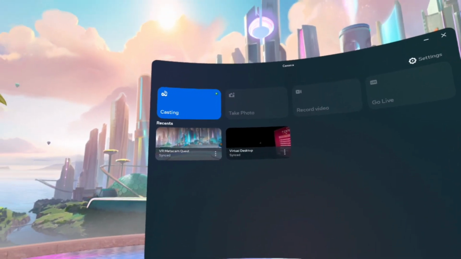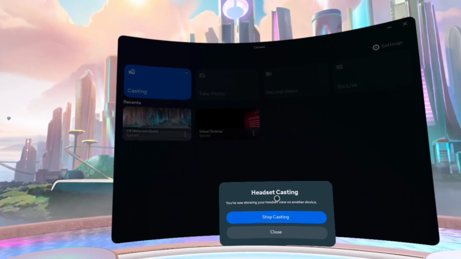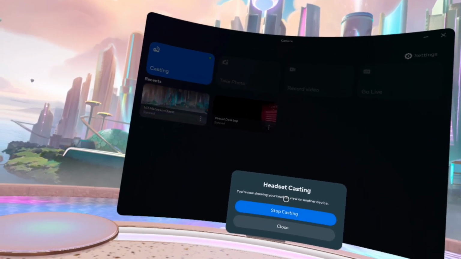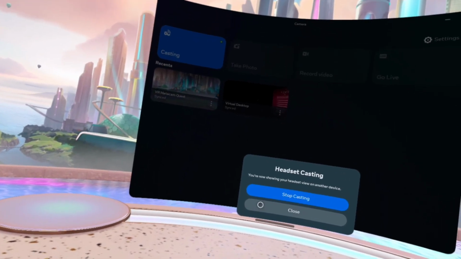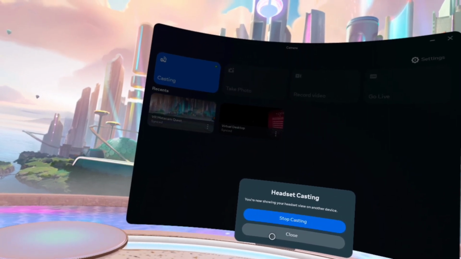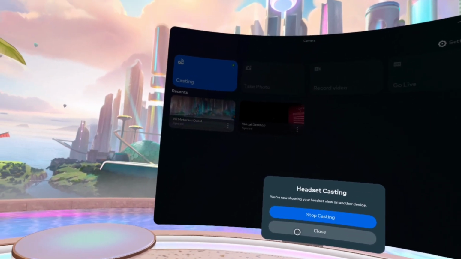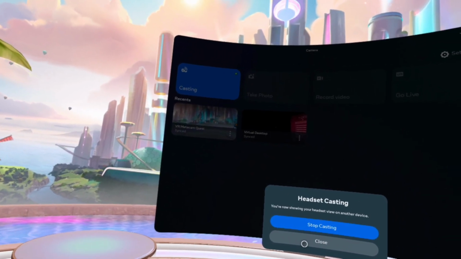Go to camera, okay? Go to casting. And you will hit start casting. You will hit PC. Or unless you want to cast from your phone, that's a thing too. But most people cast from PC, so just hit PC, and the website is